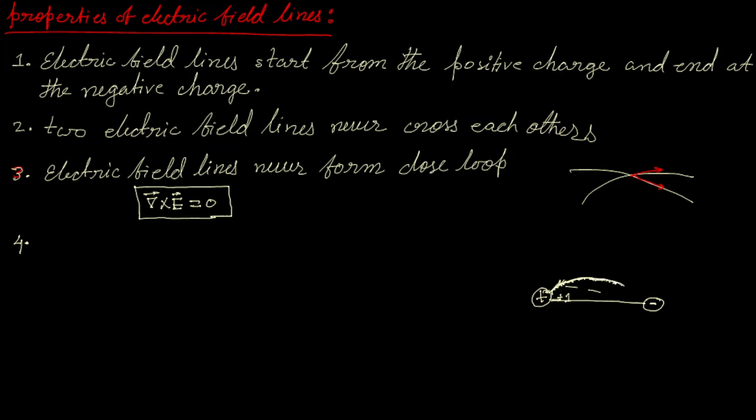So the charged particle will start moving towards the negative charge, and eventually it will fall on the negative charge. In the same way, if we place it here, it goes this way. If we place it here, it goes this way. If we place it here, it goes this way. So you see,